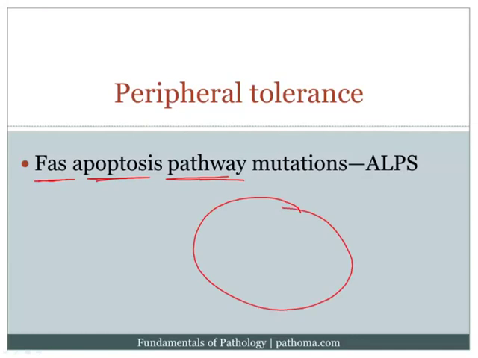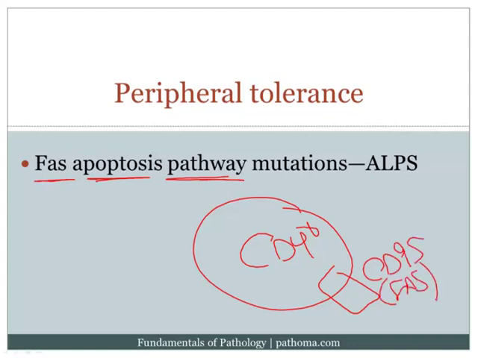Let's say that this is that CD4 positive T cell. So of course you need to have the receptor, which was CD95, also called FAS. You need to be able to have the ligand, which was called FAS ligand. And you also need to be able to have the caspases that get activated through this pathway. In particular, one caspase that's important is caspase 10.